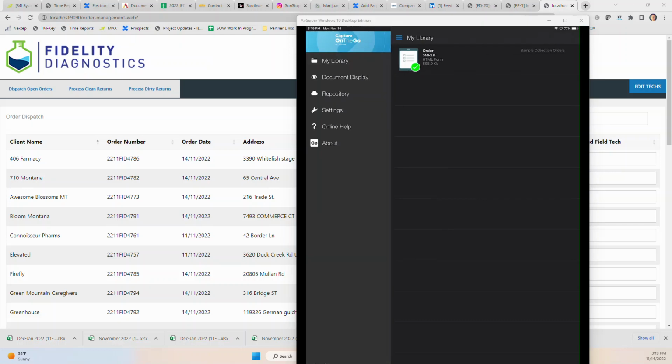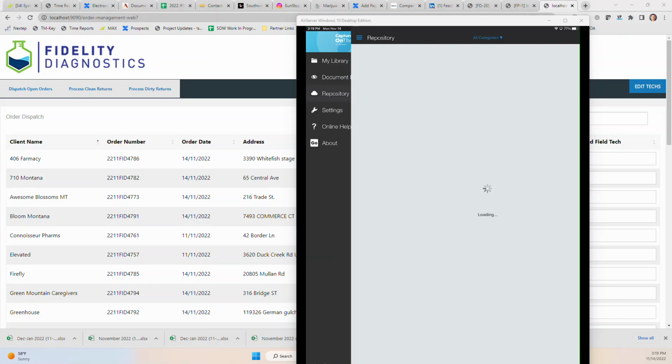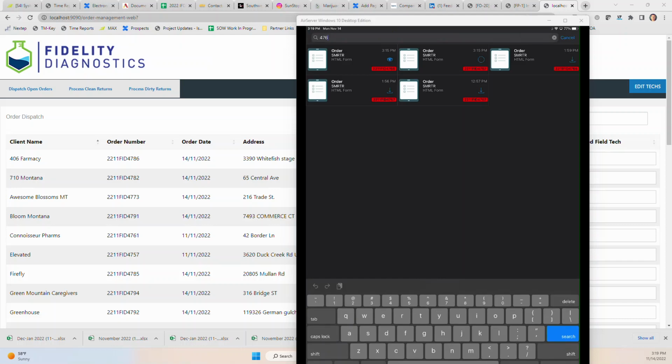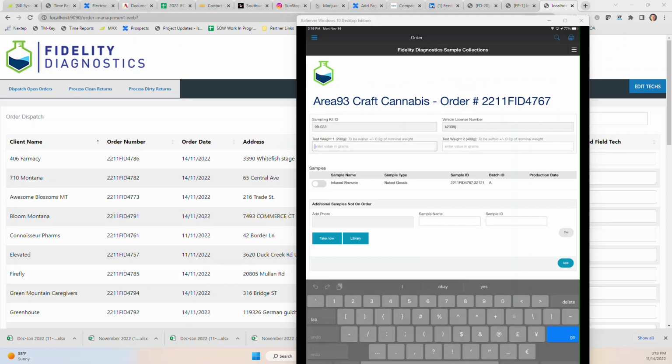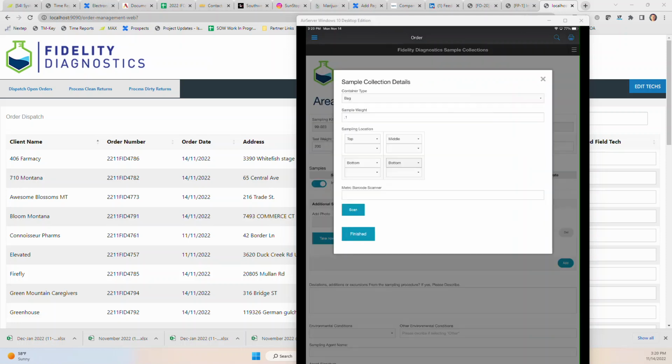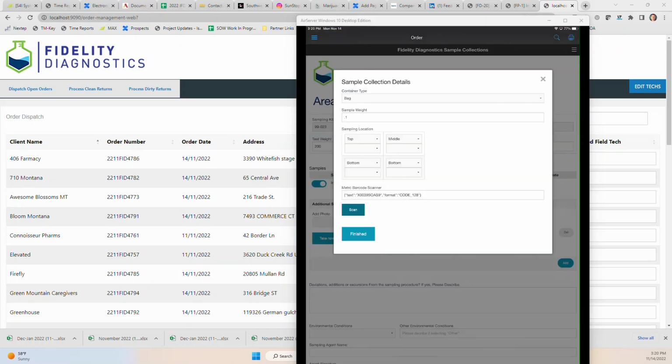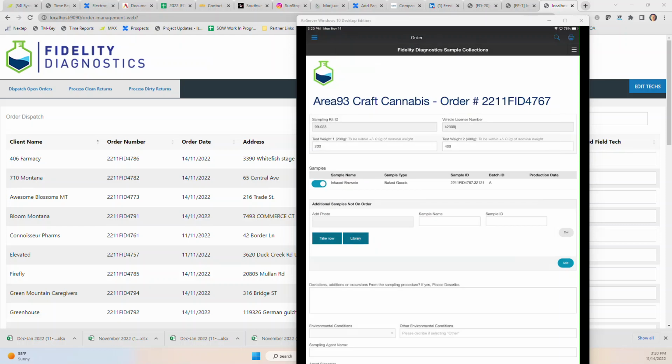Let's go back and grab another one. Let's go to the second one. Let's do this one real quick. Same thing again. And then here we're going to take some pictures of additional samples. So in the course of